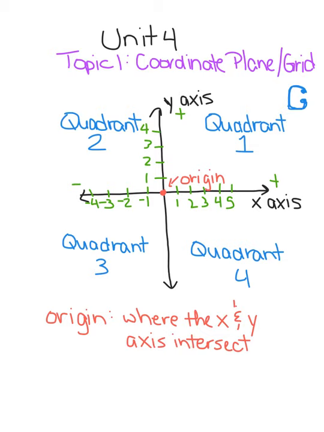So to the left of the origin are the negatives on the x-axis, and then below the origin are the negatives on the y-axis. That's negative 1, negative 2, negative 3. Let me try to write that 3 again. Negative 4, and so on, right? And we could keep going. So positives are to the right, negatives are to the left, positives are up, negatives are down. All right. So now let's go on to